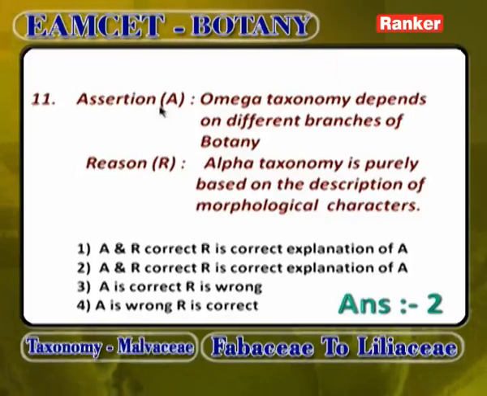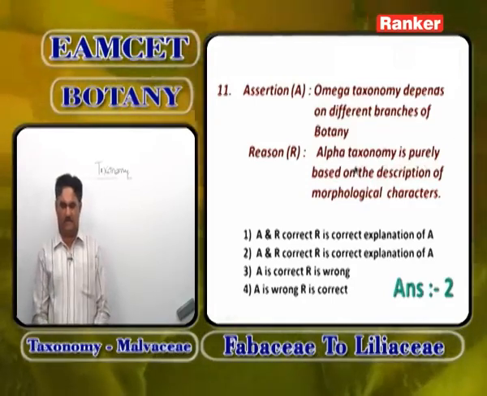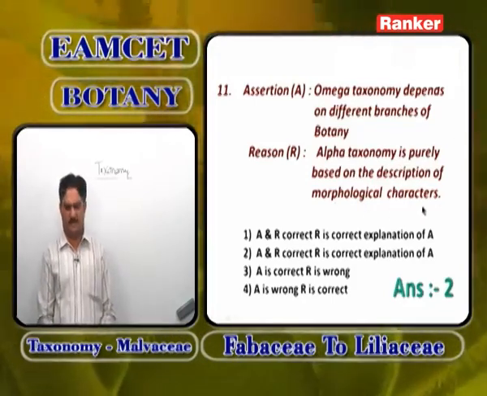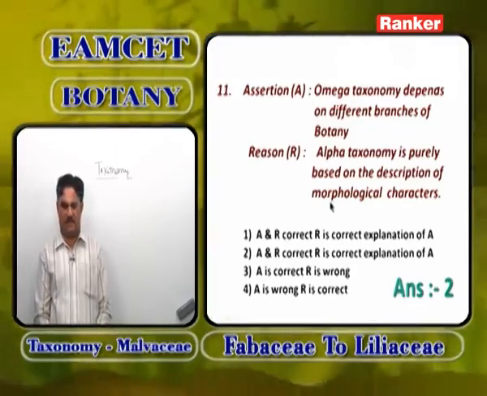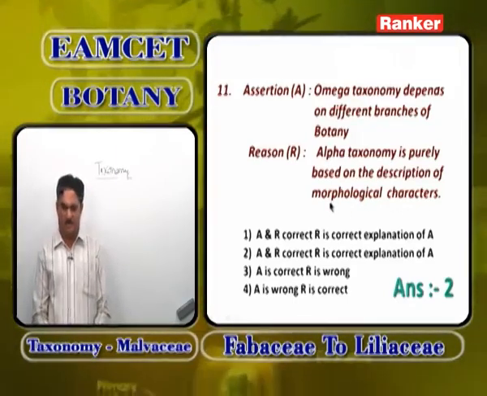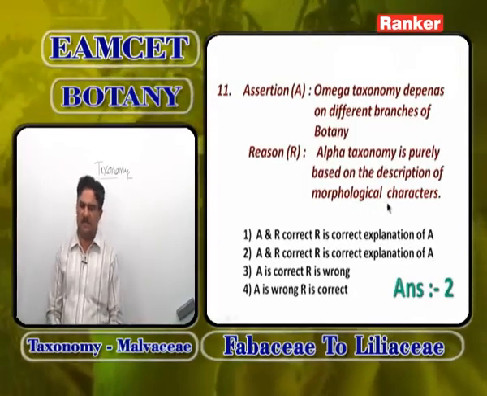Next, another assertion and reasoning. Omega taxonomy depends on different branches of botany is correct. Alpha taxonomy is based on only vegetative characters, but omega taxonomy is based on different branches of botany. Alpha taxonomy is purely based on the description of morphological characters. So omega taxonomy depends on different branches of botany is true. Alpha taxonomy is purely based on the description of morphological characters is true, but